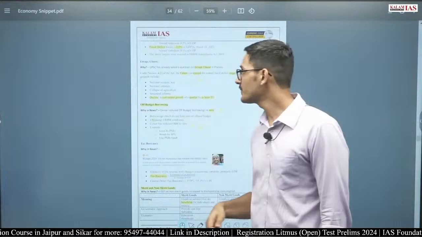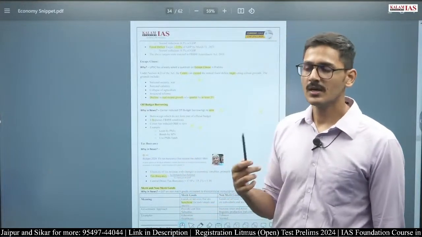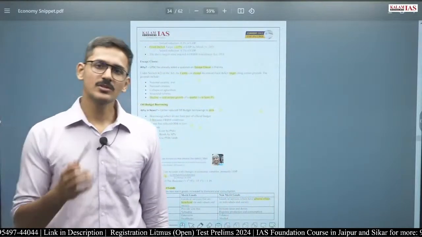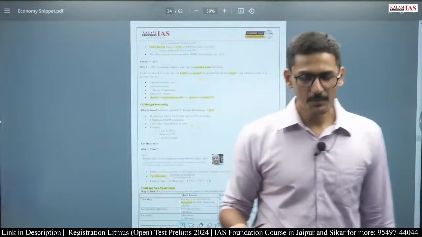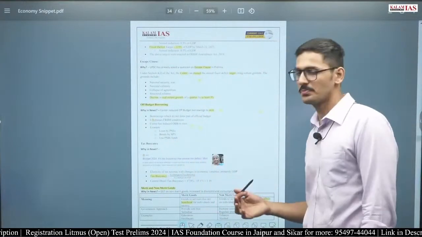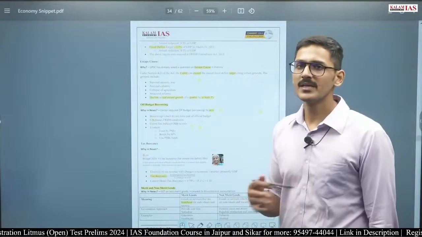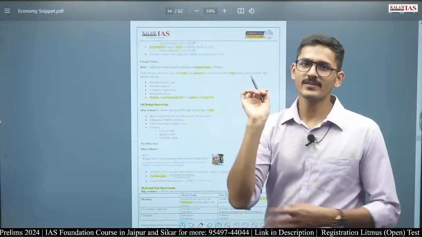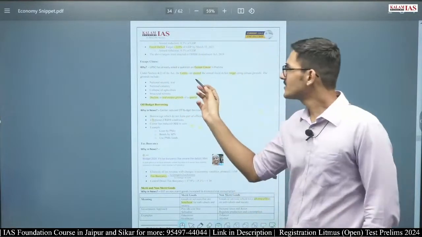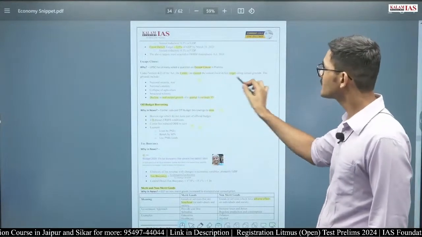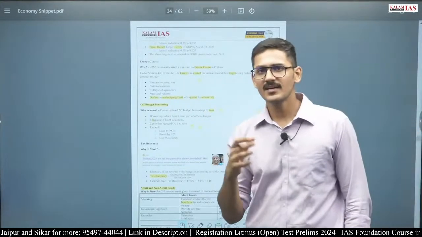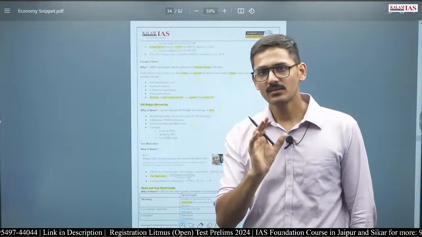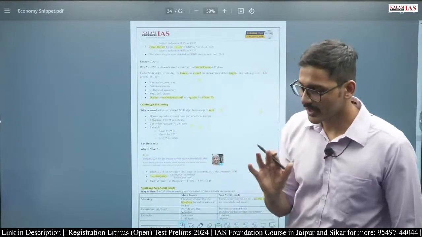Now, the escape clause. UPSC has already asked a question on the escape clause. The question was which of the following laws talk about the escape clause, and the answer was the FRBM Act. But there can be a conceptual question on the escape clause because UPSC has a tendency to repeat the themes that it asks. The escape clause, given in section 4.2 of the FRBM Act, says that the center can exceed the annual fiscal deficit target. For the fiscal deficit target of 2.5%, there was an annual reduction of 0.3% every year, and those annual targets were given by the FRBM Act.